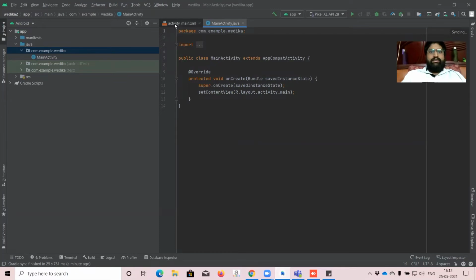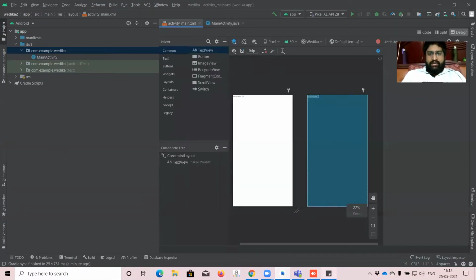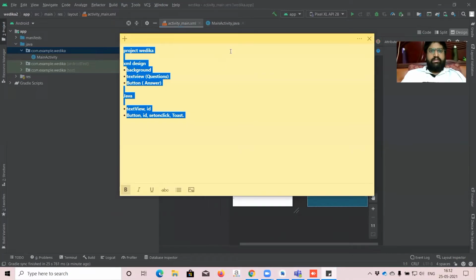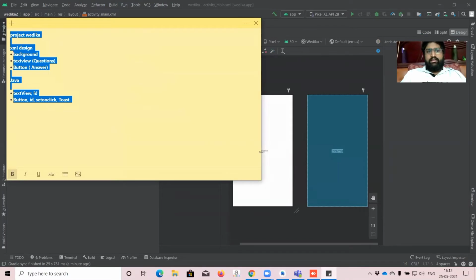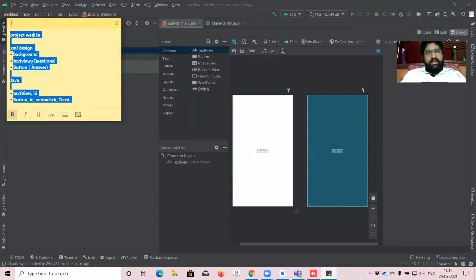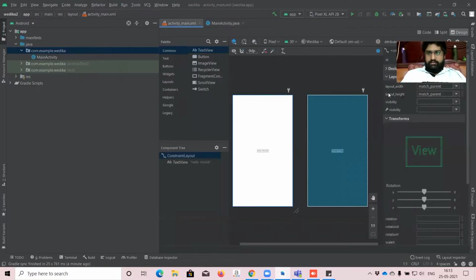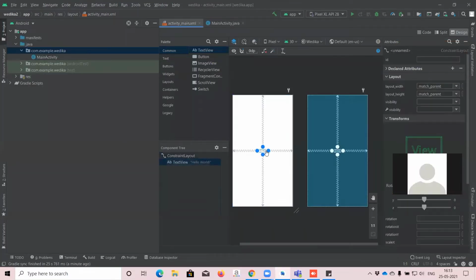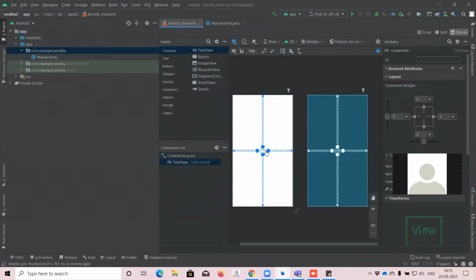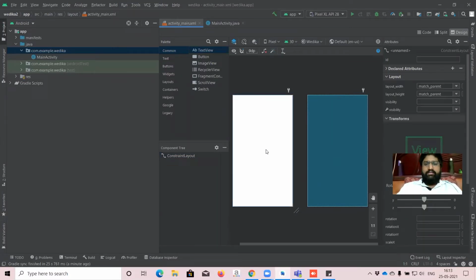So right now, as we discussed, the first task is sticky notes. We have created a new project named Vedika, and right now we are in XML design. We have to change the background. Let me delete this. By default, hello world will be there. I'm deleting this.